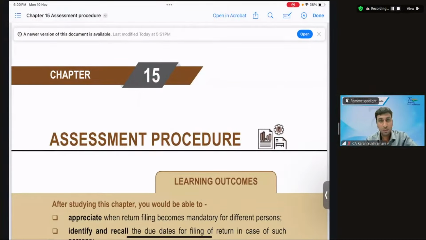Good evening, students. As you know, today's session is basically a quick recap of what we have studied so far relating to a few specific chapters, and we'll be covering some chapters which are part of Module 3, Direct Tax, and that is, of course, not only important from an examination point of view, but also for